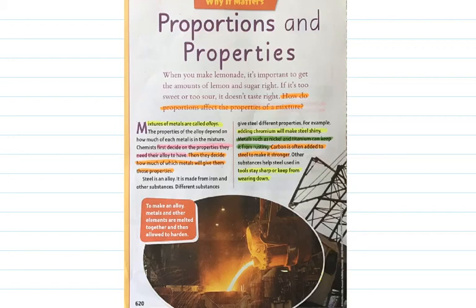Put your orange highlighter down. Other substances help steel used in tools stay sharp or keep from wearing down. So in yellow, tools stay sharp or keep from wearing down. Put your yellow highlighter down. Okie dokie. Now, in this example below, to make an alloy, metals and other elements are melted together and then